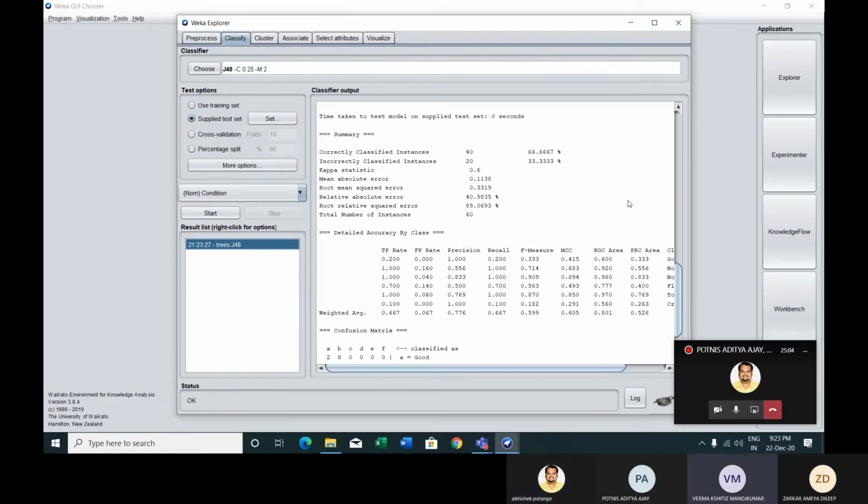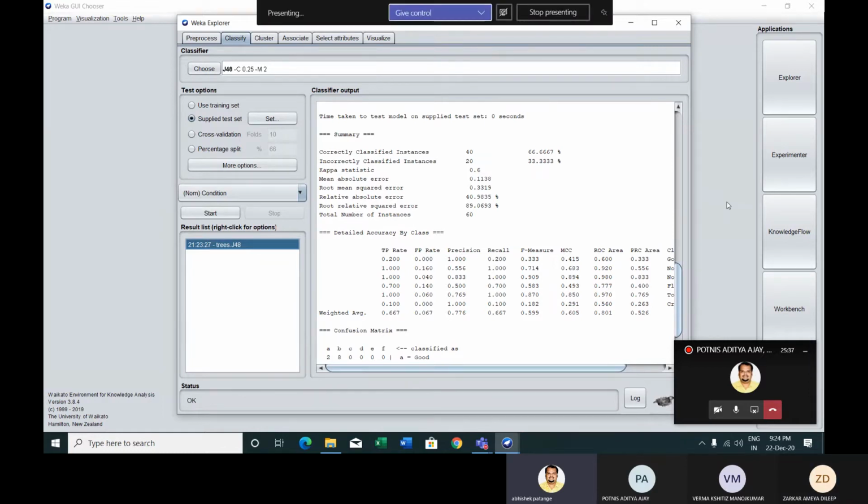Sir, do we not have to use the training set first? It will be automatically used. The trained model will be based on the training dataset itself. So this is how the second option can be used. Here you can change the percentage, like you can keep 30, or use 20 for the test set, and play around. This was just an example I explained with 40-10, a ratio of 40 and 10.